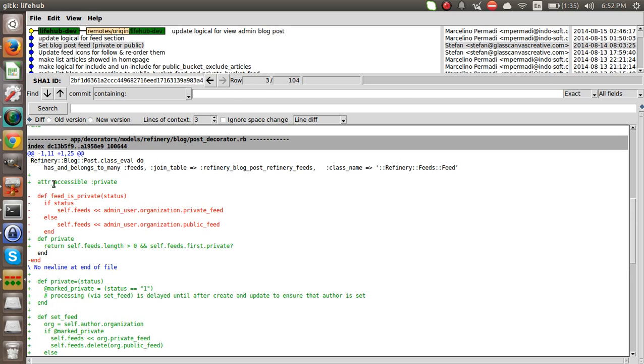So instead of what you did the first time, where you had an attribute on a blog post for private, I've simulated having an attribute by creating an attr accessible on the blog post. What this would do when you create a private attribute on a blog post is create some